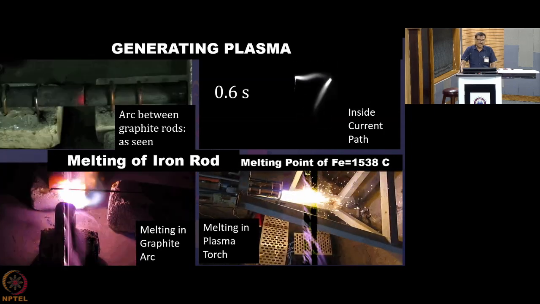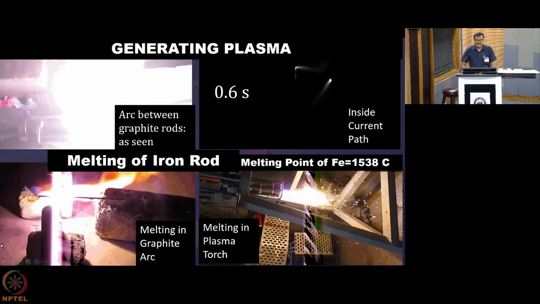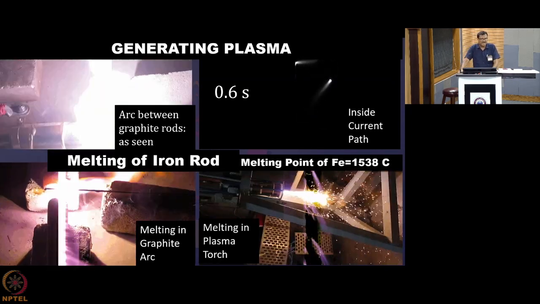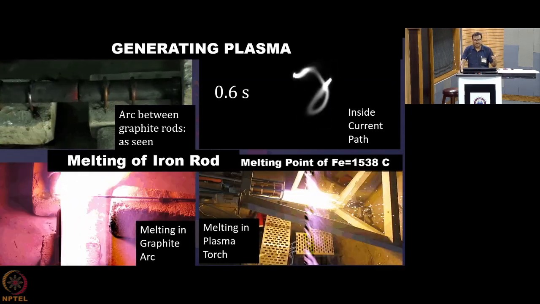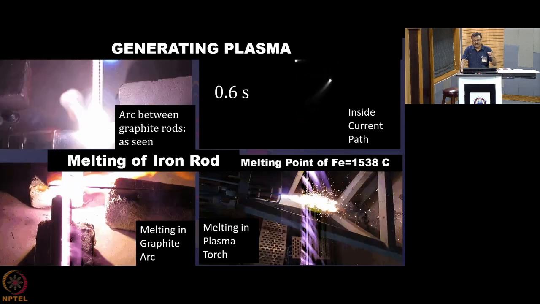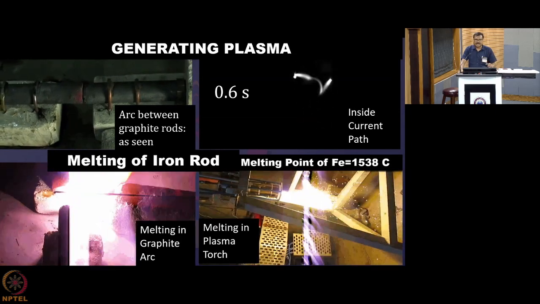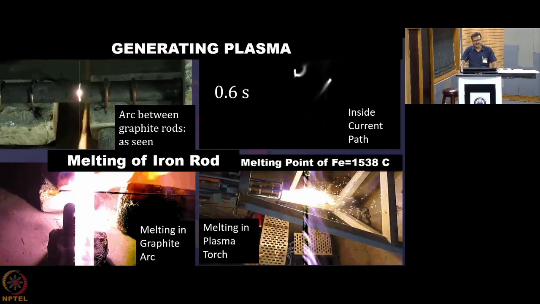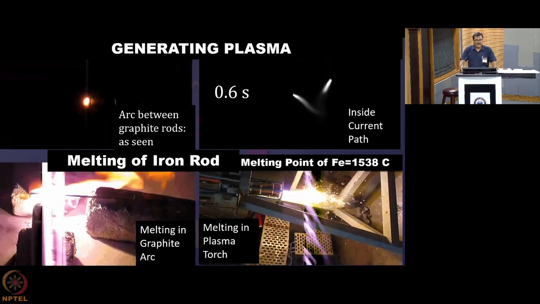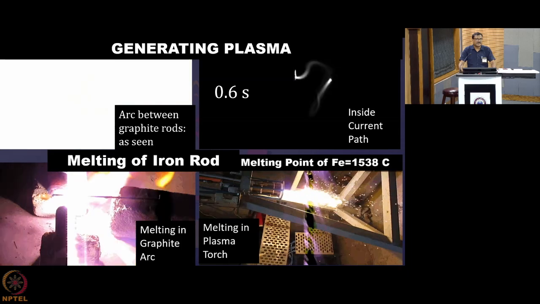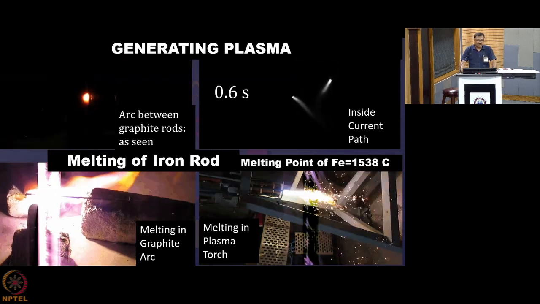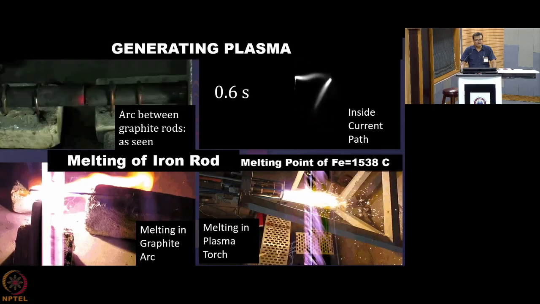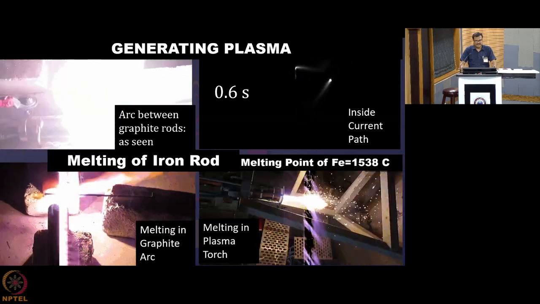Then what you will see is the movement of the brightest zone, and this is exactly what you are seeing in the upper right corner: the dynamics that is happening within the bright plume that you have seen in the upper left corner. So the dynamics happening within that plume is now seen here. The bright zone is basically the current path, because the current is hitting that zone through which it is passing to the maximum extent.